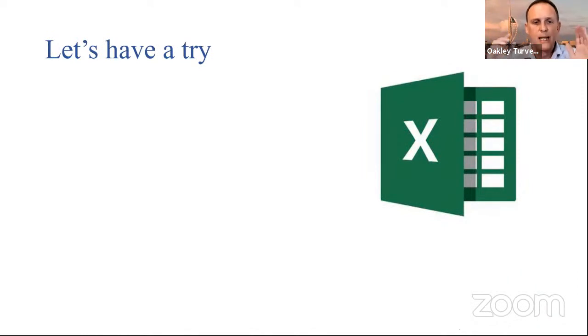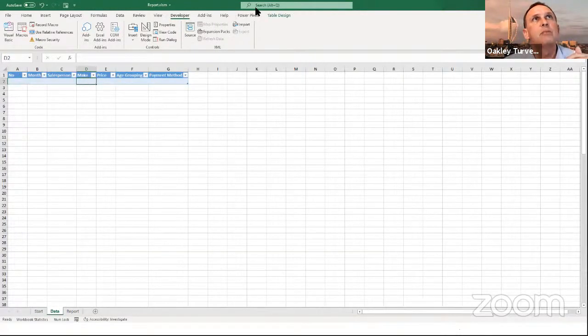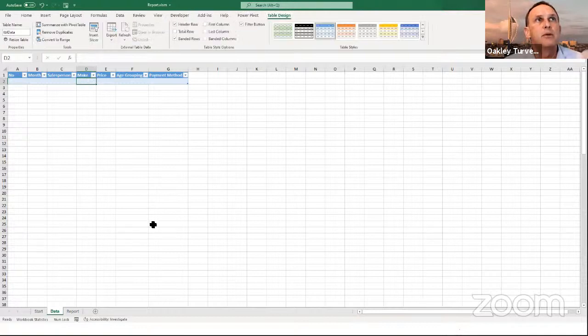Let's try and record some stuff and then go and have a look at the code afterwards. So the first thing we're going to do is we're going to record ourselves opening a file. So I'm going to go back here. This again is my report, so it's all set up. So I'm going to record myself opening that data file. What do I need to do before then? I need to check that everything is named properly. So I know that my table, yes, go to the table, look at the name. Yes, it's been named correctly.